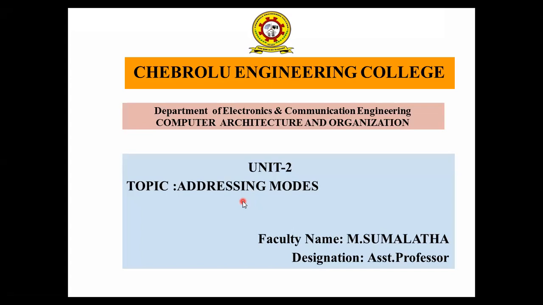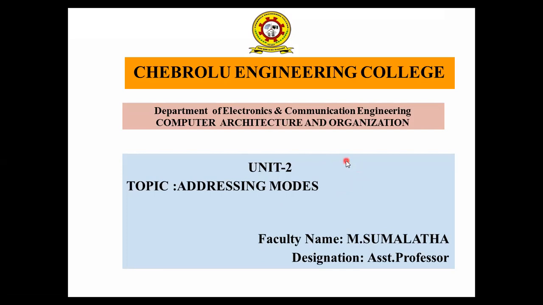Based on the opcode, we know which operation is to be performed. Operand means where the data will be taken from: the memory location, the registers, or immediate data. Depending on our requirement, we take one operand, two operands, three operands. Based on how the operands are taken in a given instruction, different addressing modes are there.